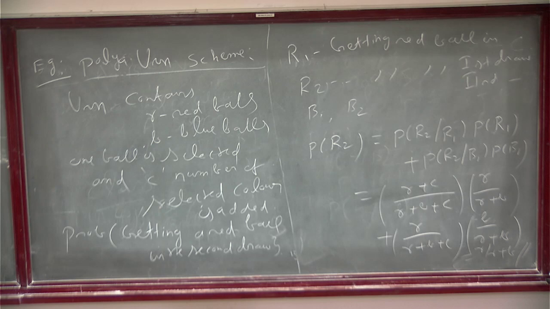We have written Polya's thing. What are you saying? If you take something and put blue balls, that will not be the same. That's not the point. You don't know which one you are putting. Whatever you get selected, you put it. That's the scheme. If you get red, you put red. If you get blue, you put blue. So that's why the sum is there.